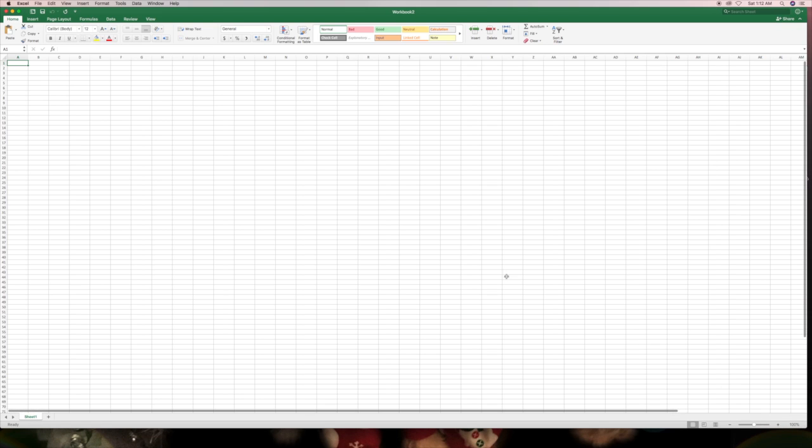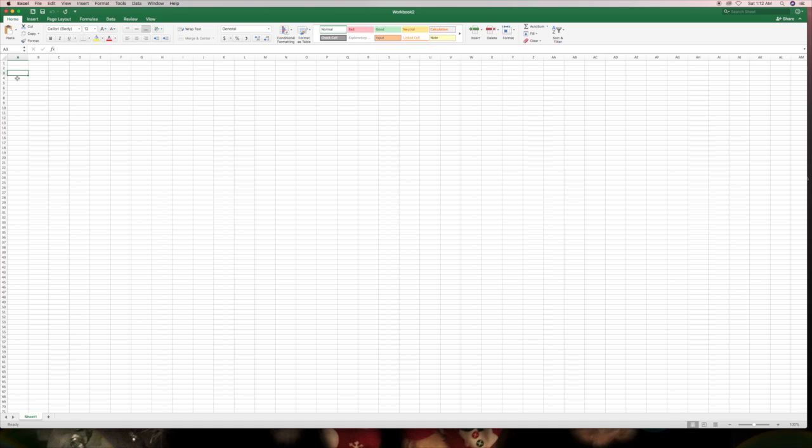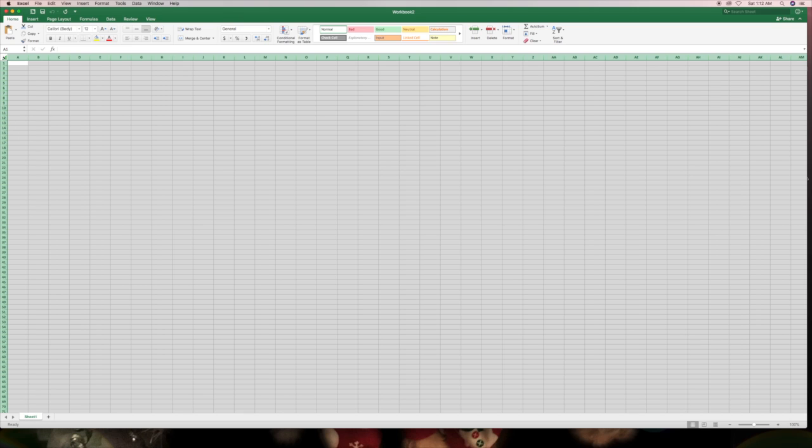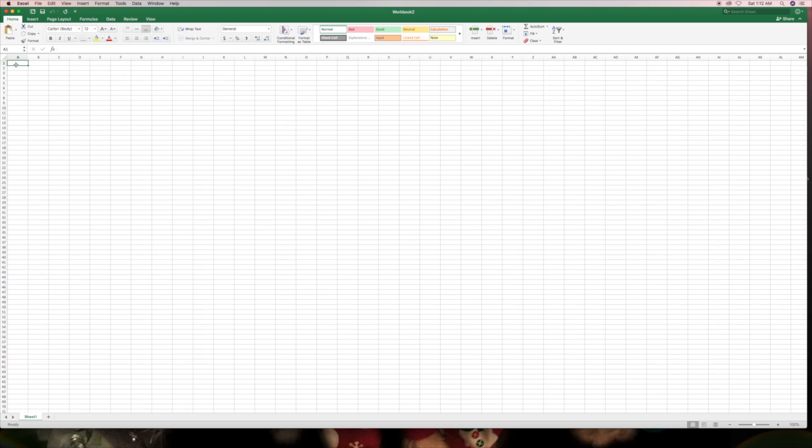Each little square box is called a cell, and then there's rows. The cells are numbered and the rows are by letter. So there's row 1, 2, 3, 4, and there's columns A, B, C, etc. That little upper left box will select everything on the sheet if you wanted to format it some way. If you want to select the row, then you would just highlight over the number till it turns